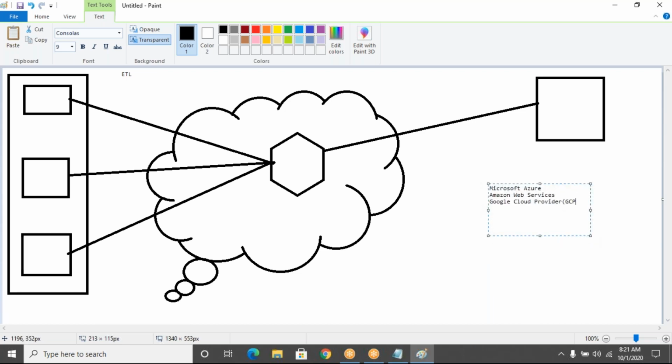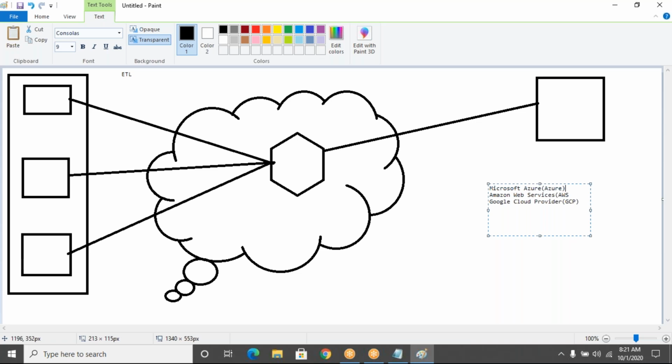This is GCP, and this one is AWS. This is simply what we call Azure. Currently these three have a good market.